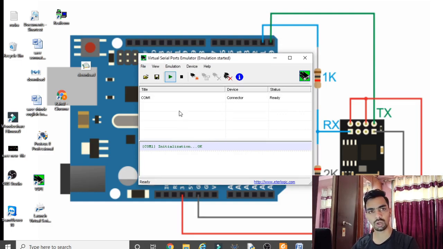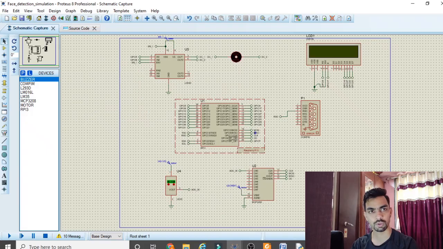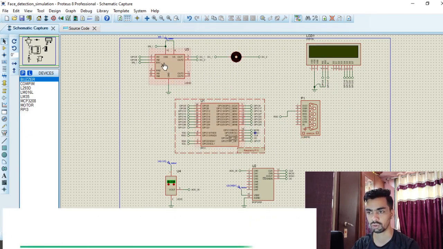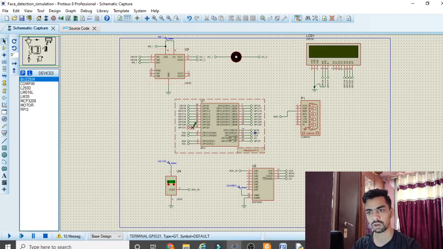It is very necessary that you download all the software and follow each and every step that I told you. Do not miss a single step. Please watch this video again if you don't understand anything. Before starting the hardware connection, if you want a ready-made project, you can download the complete project from the Google Drive. But I request you, please watch this complete video so that you can get an idea about each and every point from this program and this hardware connection also. If you invest 40 minutes in this video, you will learn a lot of things from me. So please watch the complete video.